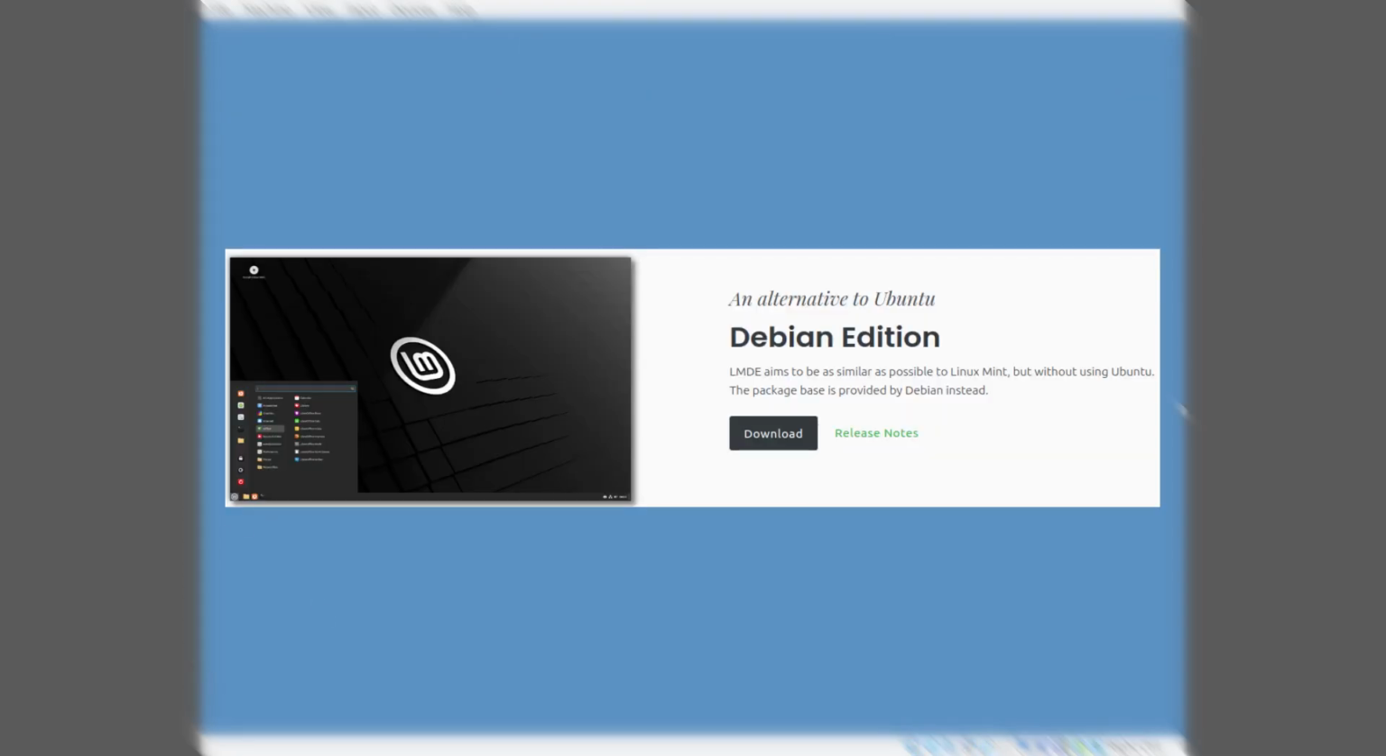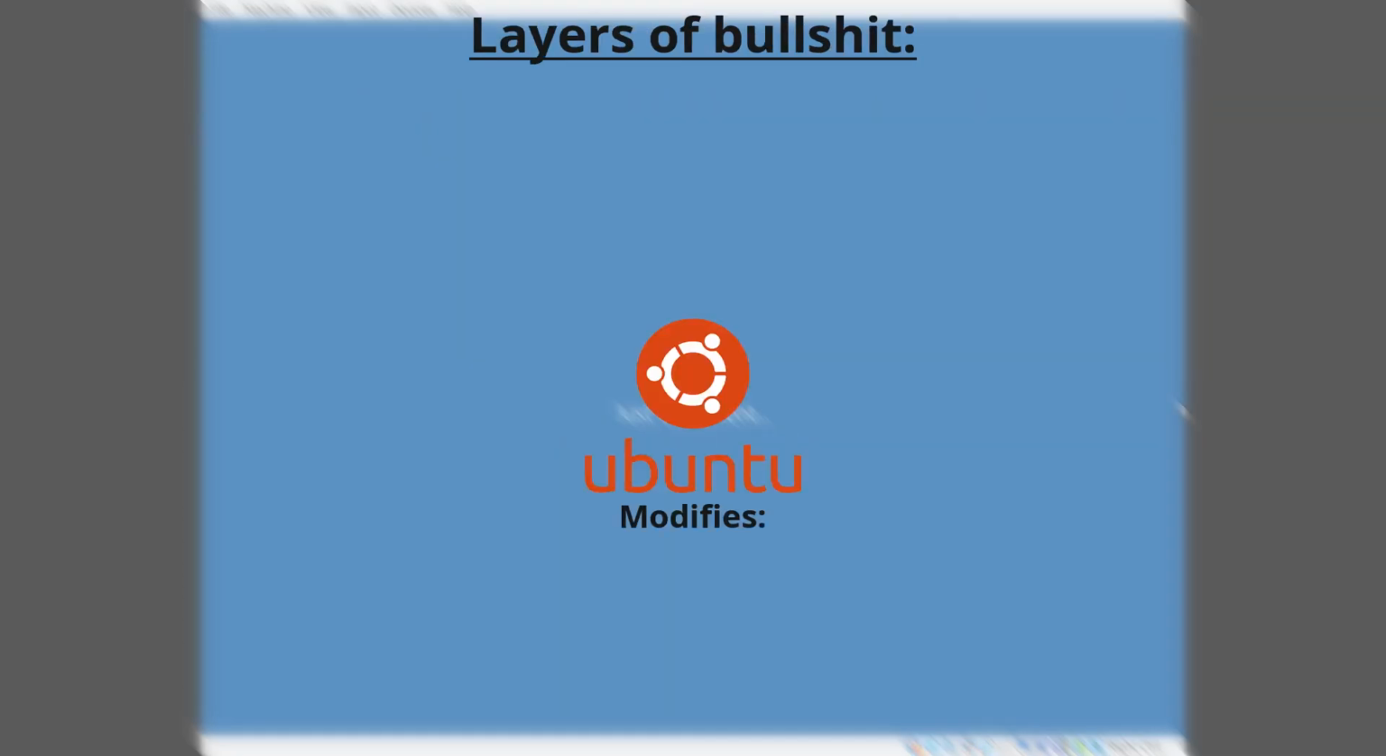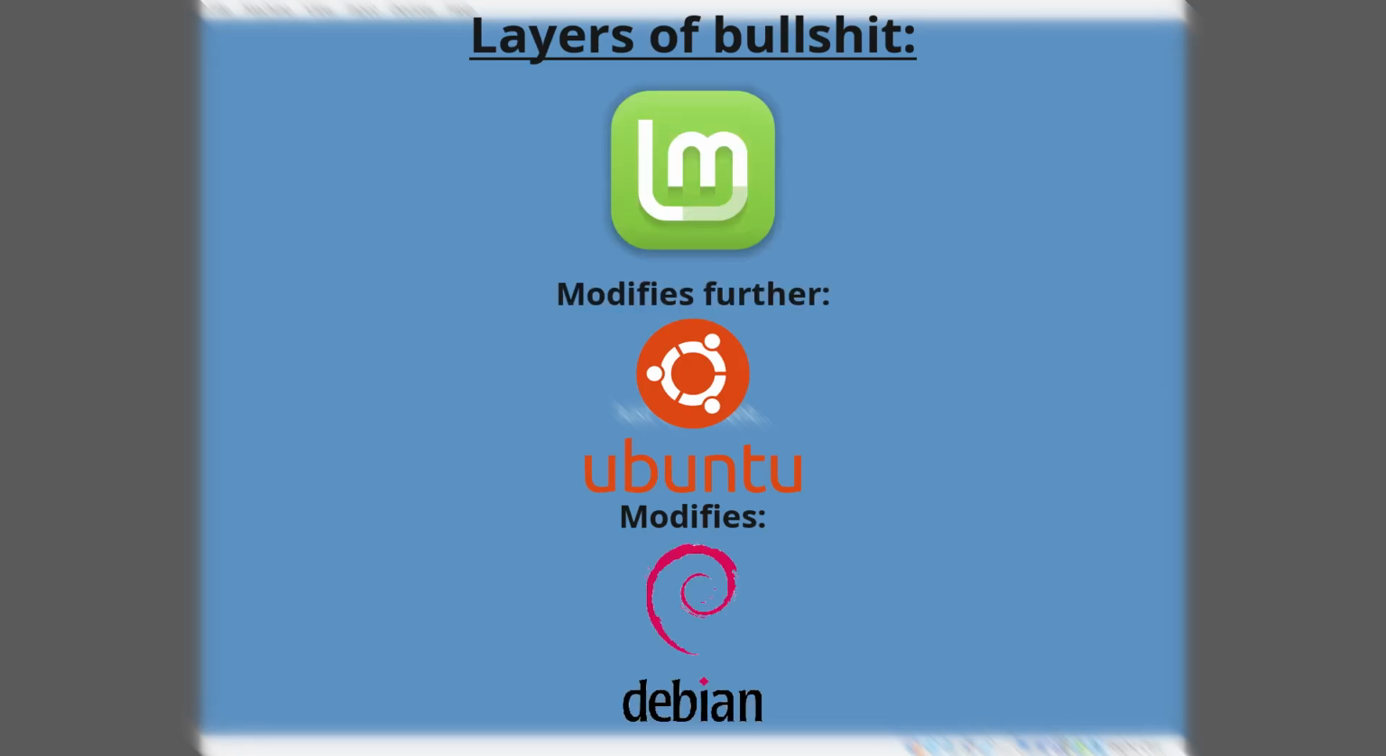Or if you install Debian Edition, Debian. Ubuntu adds its own packages on top of Debian, and Mint itself adds even more. Now, I'm recommending Mint because it's purpose-built for newbies, and it's not made by Canonical. Anyway, let's move on to